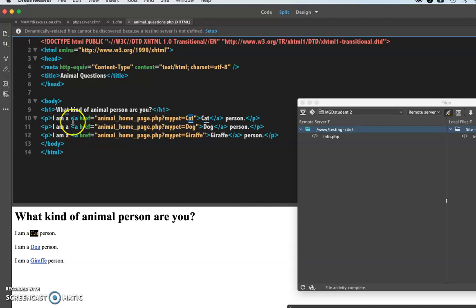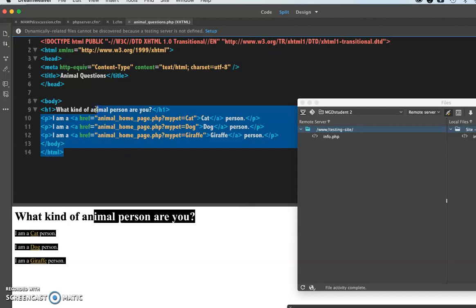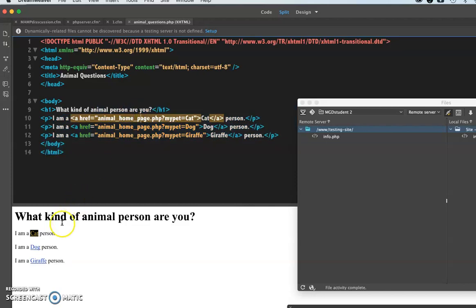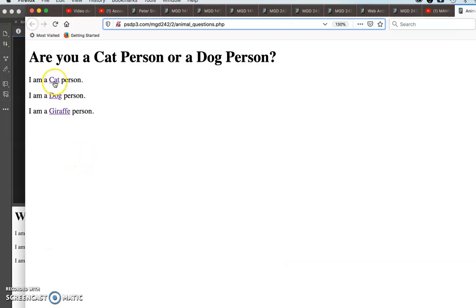This is a link that will then pass on, when you click this link, that it will go to this page, and then it will pass on this variable defined as, in this particular instance, cat, and then in this particular instance, dog, and in this particular instance, giraffe. So right here, you don't really actually have any PHP going on at all. But when you pass this on, and I'm just going to show you online, when you pass this on online,